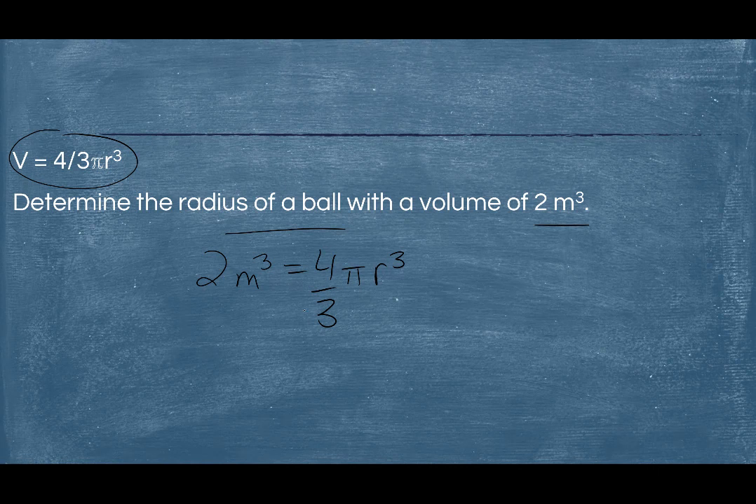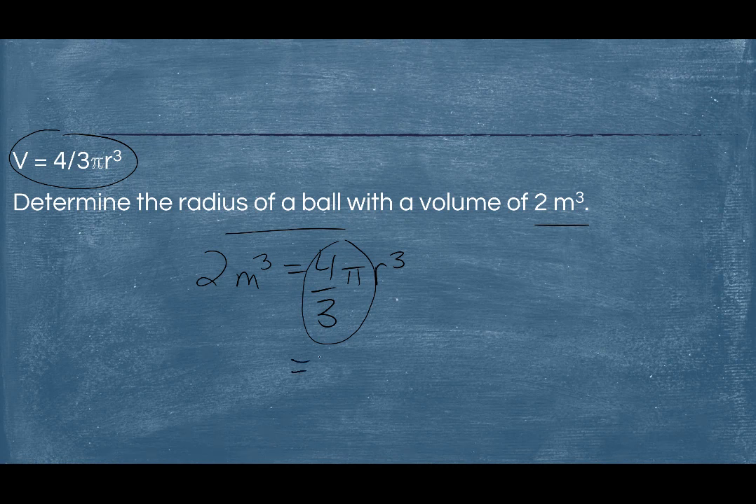So the 4/3 is actually a decimal, right? It's like 1.3 repeating or something like that. So you can use it like that if you want. You could work out what this all is right here at first. Why don't I do that? So I go 4/3 times pi, which is